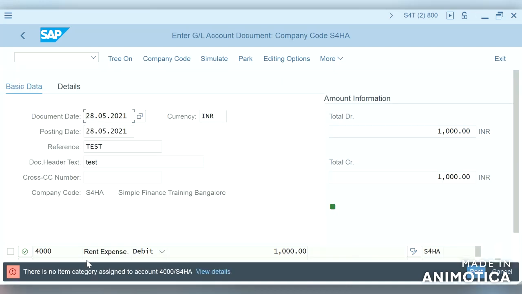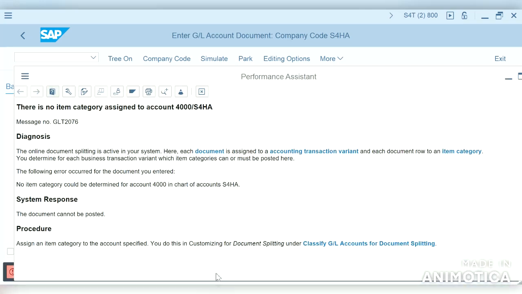So there is no item category assigned to account 4,000 S4 HANA. I think this is the same error we received when we were doing the document splitting configuration. So let us fix this error. There is no item category assigned.